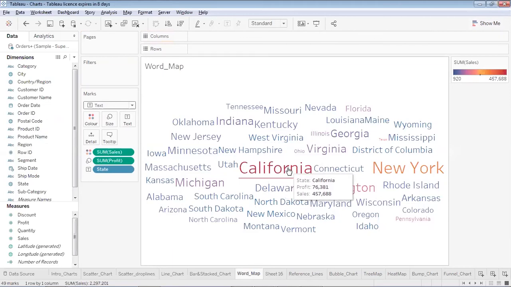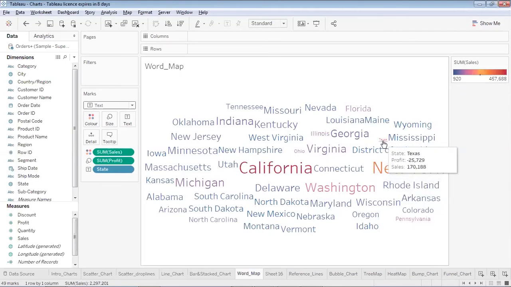The states with minimal profit, like this state Texas which had the minimum profit, are showing me the smallest size. Based on sales, if I say its sales were somewhere around this value, it's showing over there.